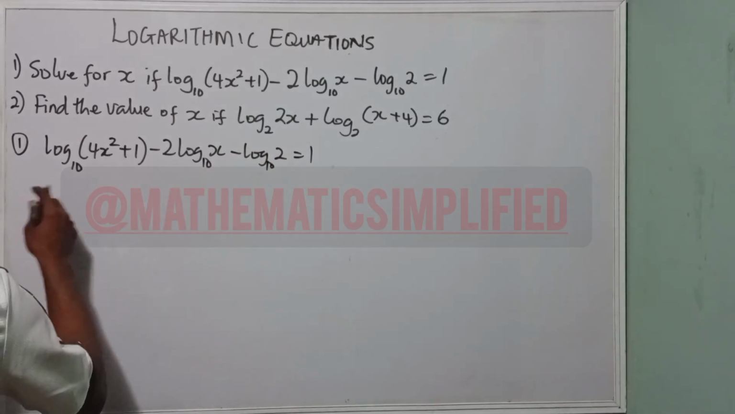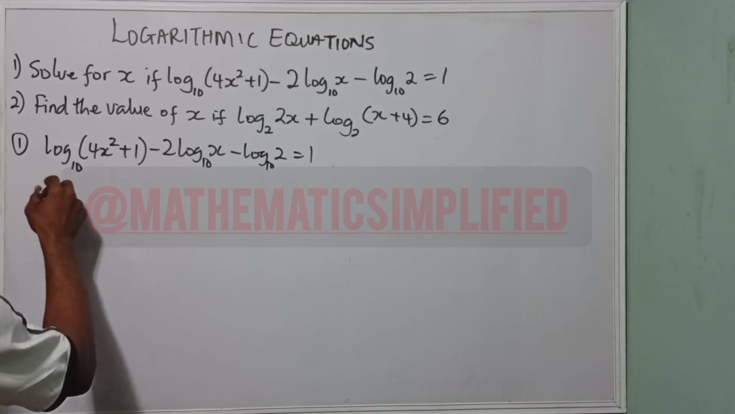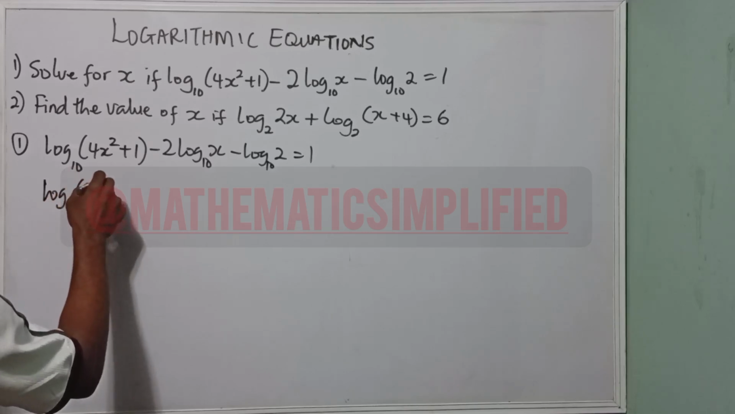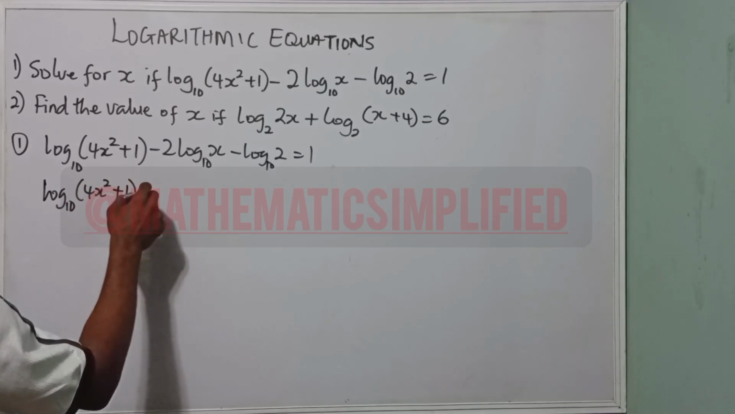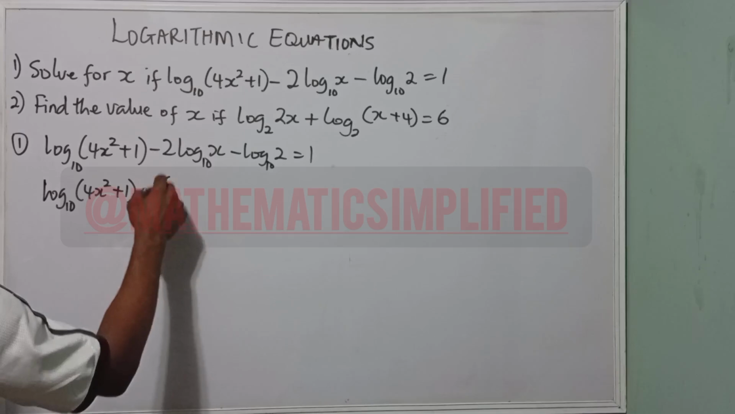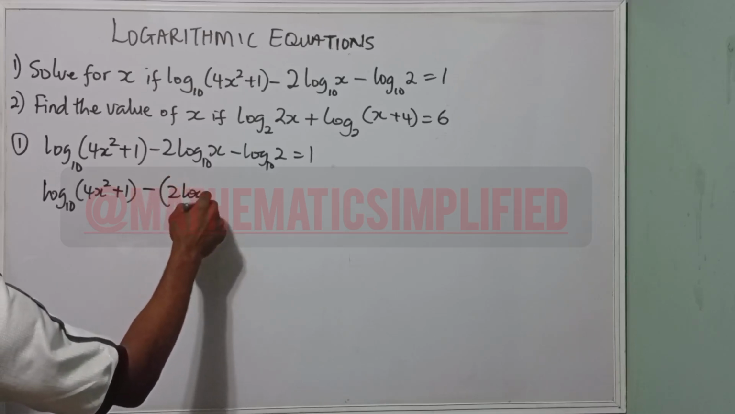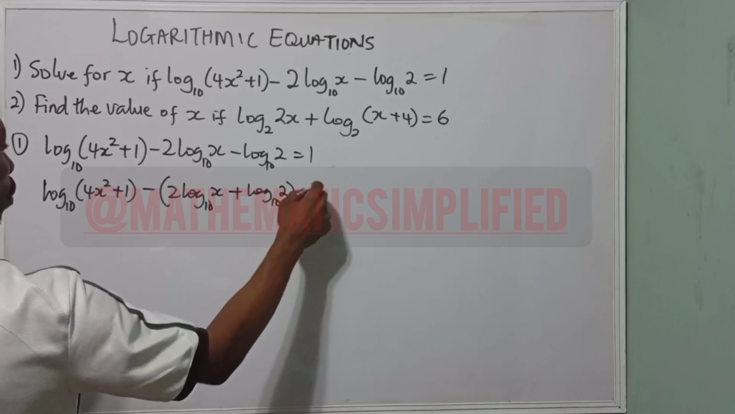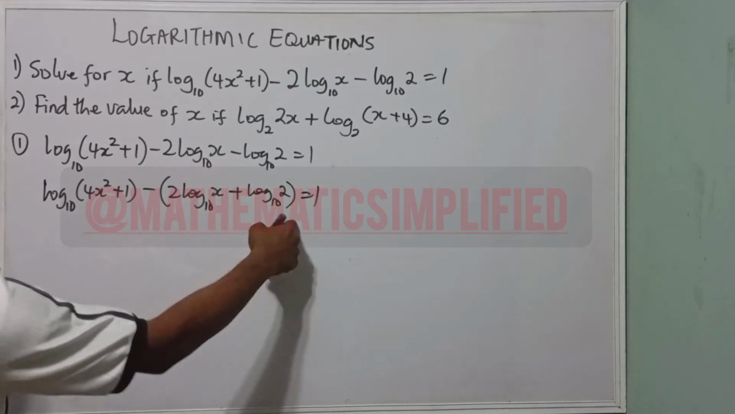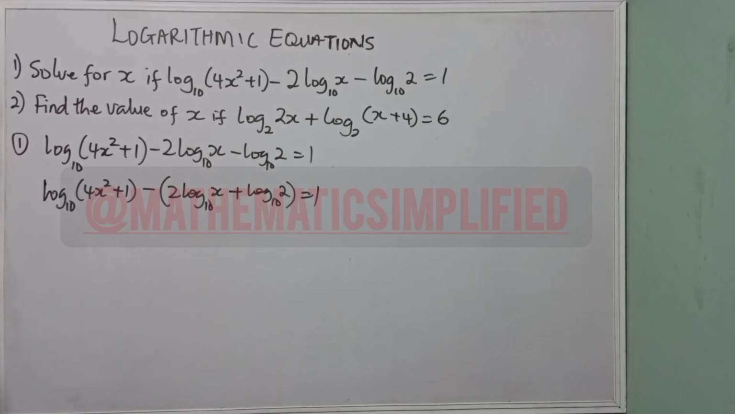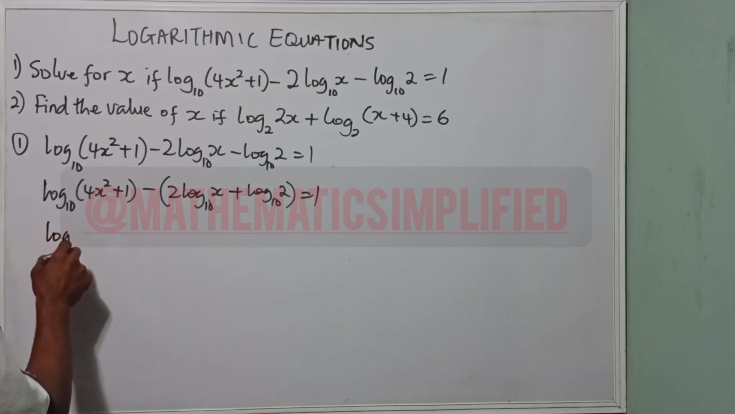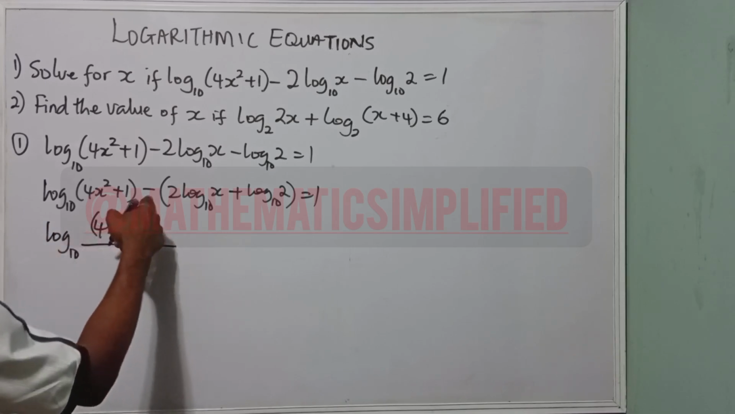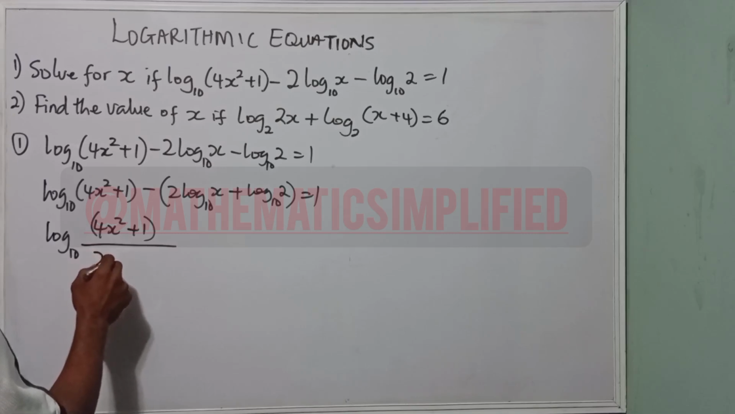Now applying our logarithmic law here, we have this as log base 10 of bracket x times (4x² plus 1). Now this will become minus bracket 2 log base 10 of x plus log base 10 of 2 equals 1. Minus times plus will still give us minus. Opening up this bracket, we have this as negative. So here we'll have log base 10 of (4x² plus 1) all over, because of this division, 2